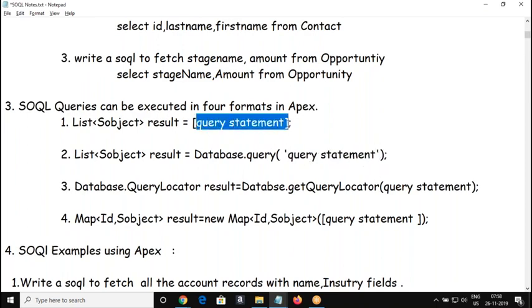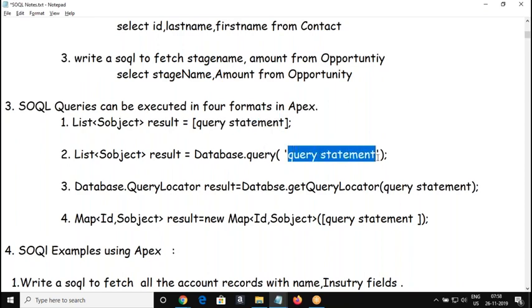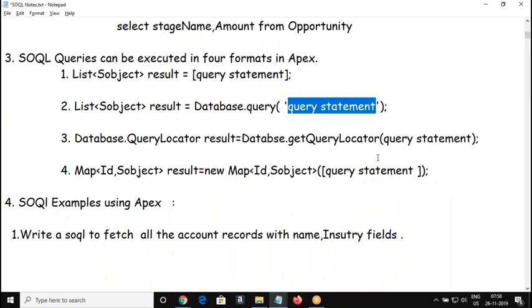This is not a string, right? This is just a statement. We can directly pass this statement here, whereas in the case of Database.query, we pass a query in the form of a string. So there is another method,